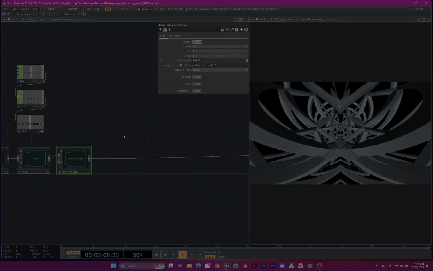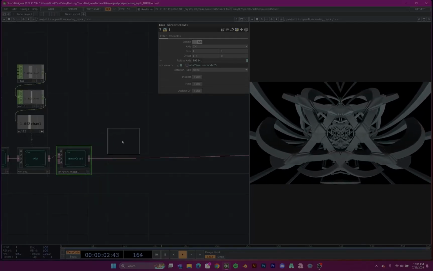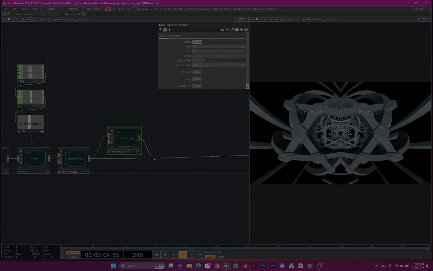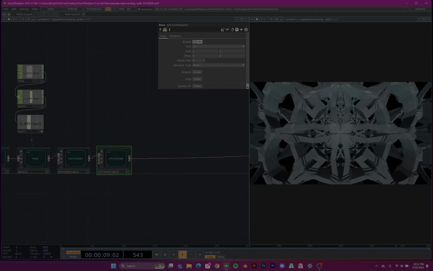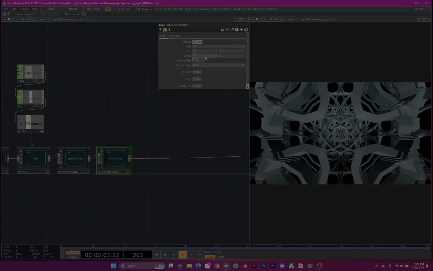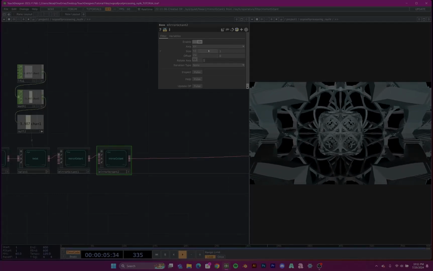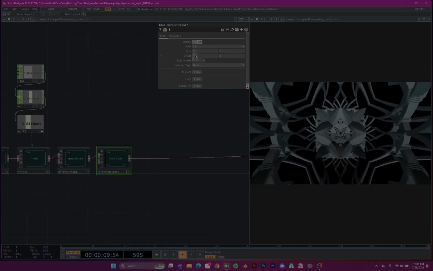Now we're going to open up our palette once again, and we are going to grab another mirror octant. And we're going to hook that up. And for our second mirror octant, we are going to change... Ooh, that looks really cool. Just as is. Sick. But anyway, we're going to change our axis on our second mirror octant to